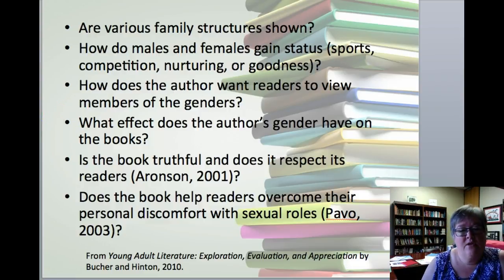So what I'd like for you to do is think back to some of the books that we've read for class and ask these different questions about gender considerations. And the next time that we meet together synchronously online, I'd like for us to discuss this a little bit. It's also good information for you to include as you're blogging about the books that you're reading. So think about these questions, and when you get ready to blog one of your next books, answer some of these questions within the text of that blog.